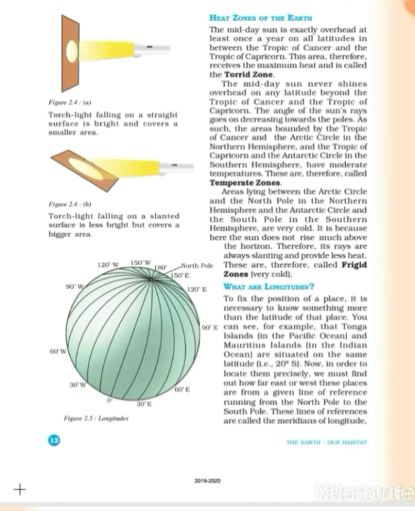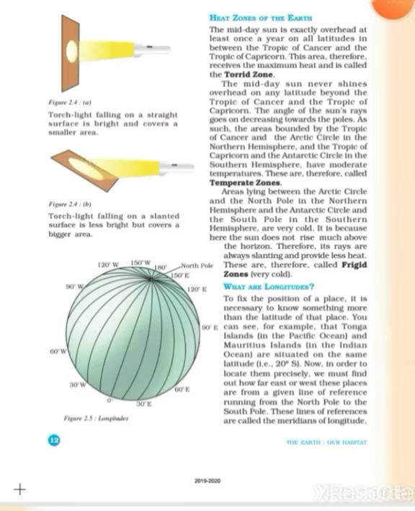Because they both meet on the opposite side of the earth, right? The 180 degree meridian and the prime meridian together form a circle which cuts the earth into two equal parts, that is the Western and Eastern Hemisphere. India is in the Eastern Hemisphere while the USA is in the Western Hemisphere. That's why we call that line the international date line.